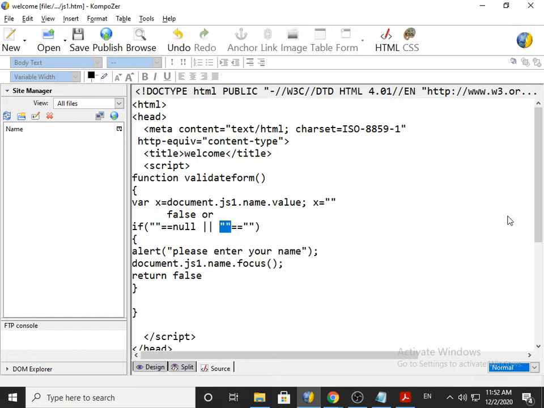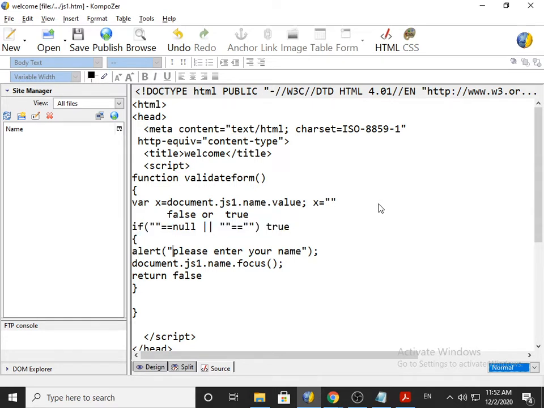Now double quotes 2 times is equal to double quotes 2 times. This condition will become true. Now in the case of OR, we require only one element to be true, then the overall statement will become true. If the whole statement is true, it will go inside the bracket.